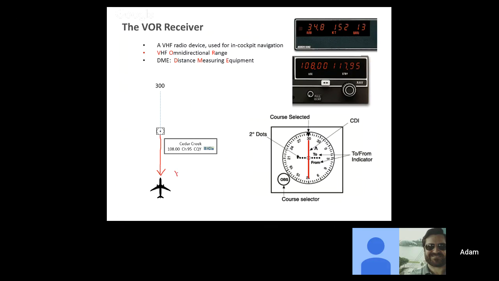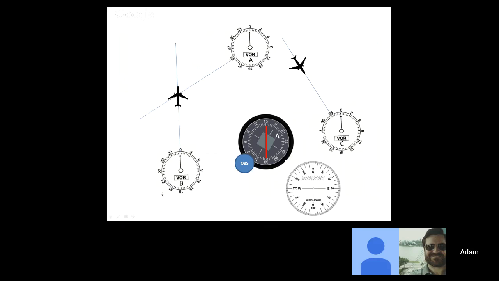Yeah, 120. And by the way, when we're talking VORs, you always talk about the radial that you're flying on. So in other words, this airplane, because it hasn't reached the station yet, is flying on the 120 radial. Okay, I am now back to the discussion about to from. When you've got the 300 dialed into the OBS, the course selector, and I'm flying on the 120 radial,